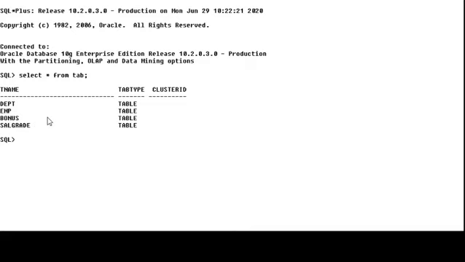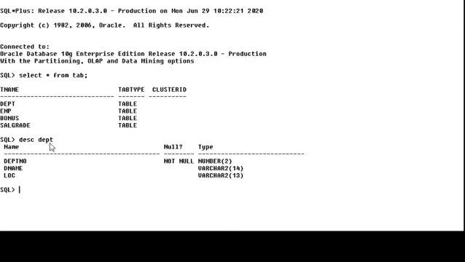Okay. Now, suppose I want to check which type of data is stored in the DEPT table? We cannot guess, so we just use DESC DEPT. DESC means description of the table name. DEPT is one of the tables. Now we use DESC, description of DEPT. Enter.